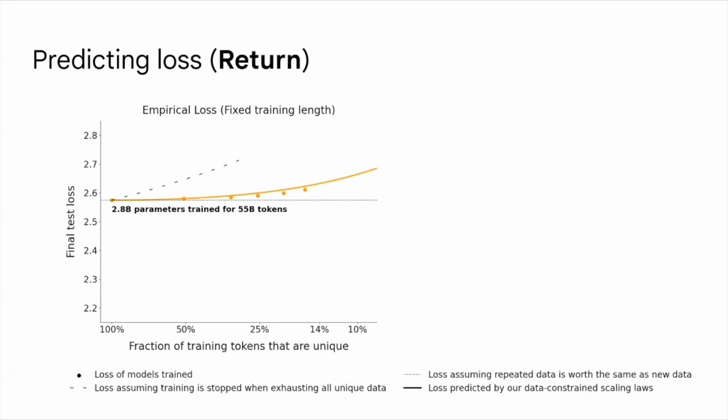So there's no change in loss as less and less of the data is unique. And then the diagonal dashed line corresponds to the loss that we would predict if repeated data would be worth nothing. So then it just goes up diagonally.